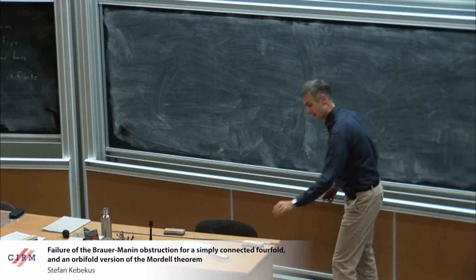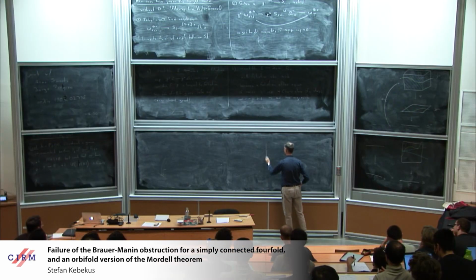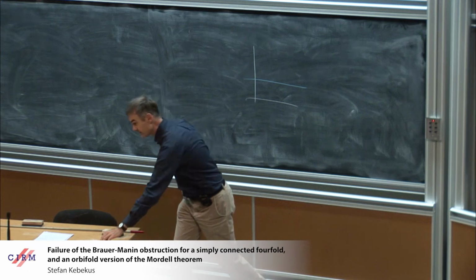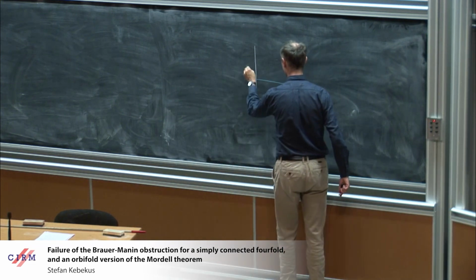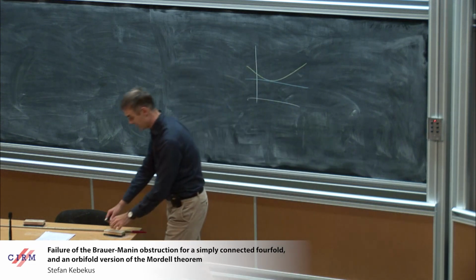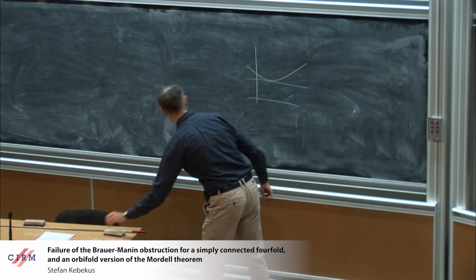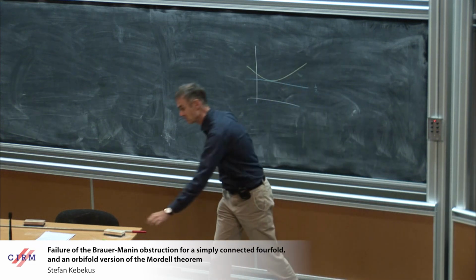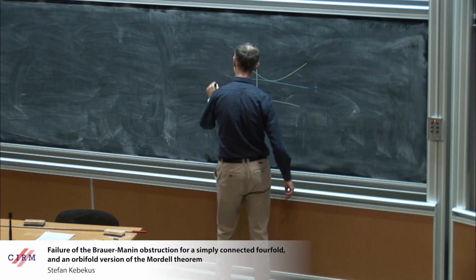So here I have my surface. Here's the blue divisor. Here is maybe the green curve. And what Campana and Poonen tell us, maybe this here appears with multiplicity 1/2, and the divisor is given as